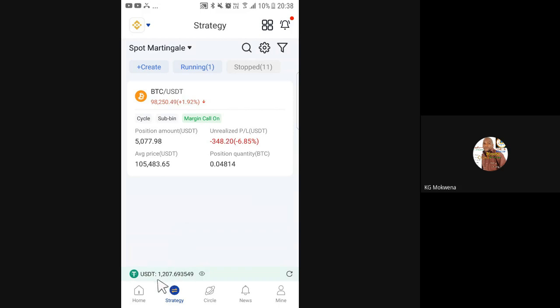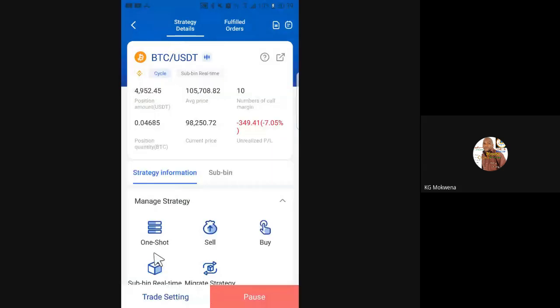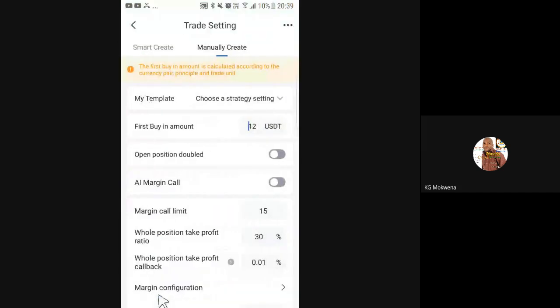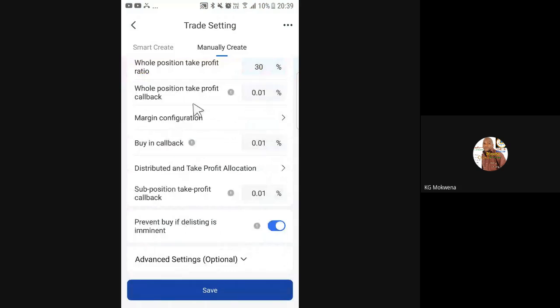So can you see we have $1,207 there? We'll just concentrate on $1,200, for instance, just so that we work on what we think we can do for our positions. I'm just thinking now if we need to make any changes here or not, because it appears as though the market is pumping. So let's say, for instance, we go to trade setting at the bottom there. When you go to trade setting, you want to check margin configuration. This is where we are at, Apostle Patrick. And this is a place where you give instructions to the robot,